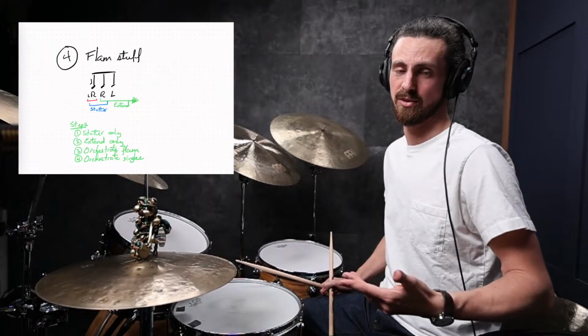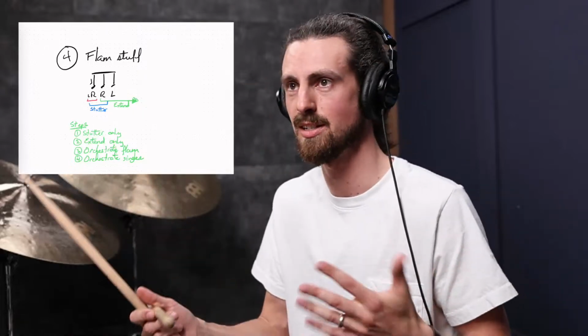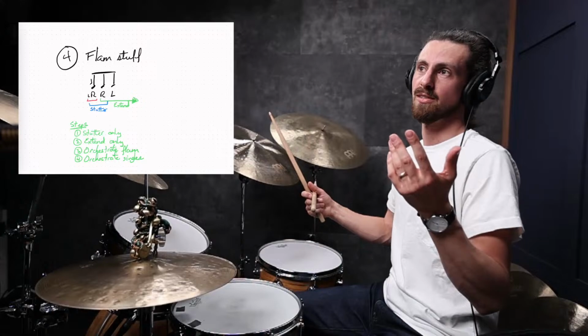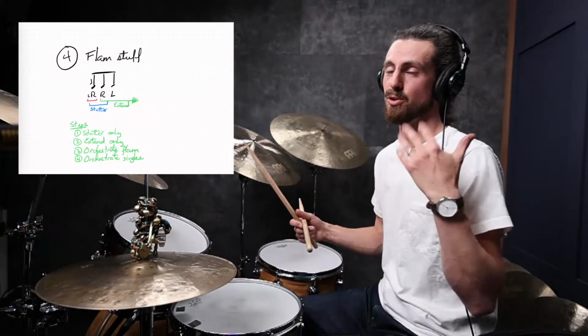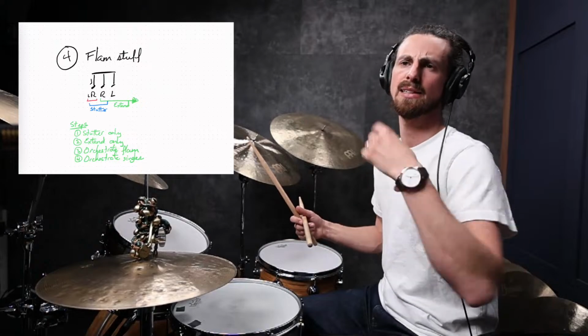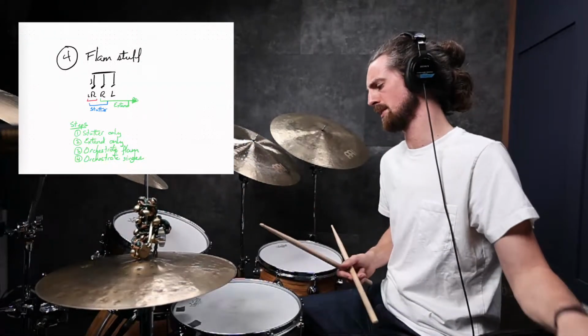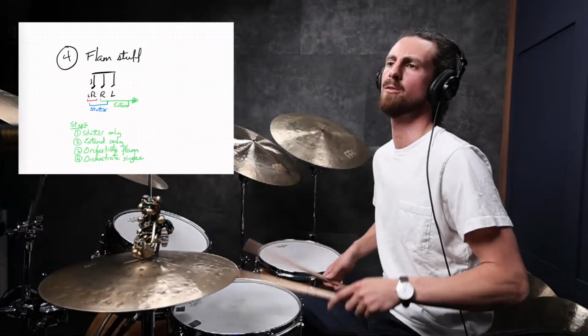And one of the ways that I've enjoyed doing this is centering it around the Swiss triplet, which has a flam in the front, and it sort of gallops in that your right hand is on the same side every time, unlike the flam accent where you move right to left. This is also important, but in this case, this makes it a lot easier. So we're going Swiss triplets. Let's go straight time. So we're using that right left kick, that dotted eighth note melody. I play one measure of that. It sounds like this. 3 and 4 and